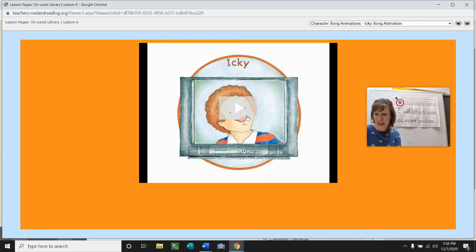That night in bed, Icky could not stop thinking of the what ifs. What if he couldn't skate as well as Sal or Oswald? What if he fell down so much that he ruined the fun for them?